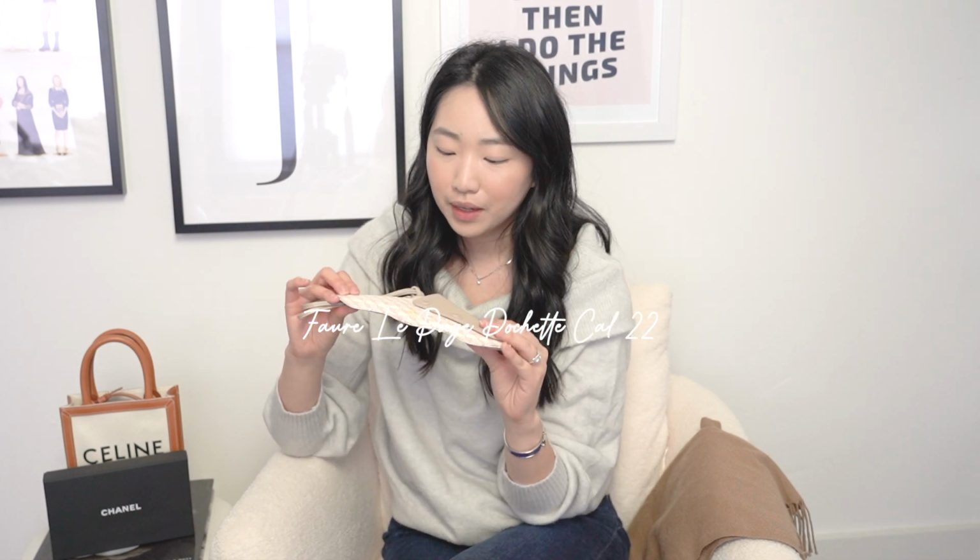Okay, the last SLG I want to share with you guys is this guy. This is an Flp pouch. Now, I actually just fell in love with it when we were on a trip to Paris. I honestly have no idea what this pouch was initially meant for, because if you look at the actual inside of the pouch,